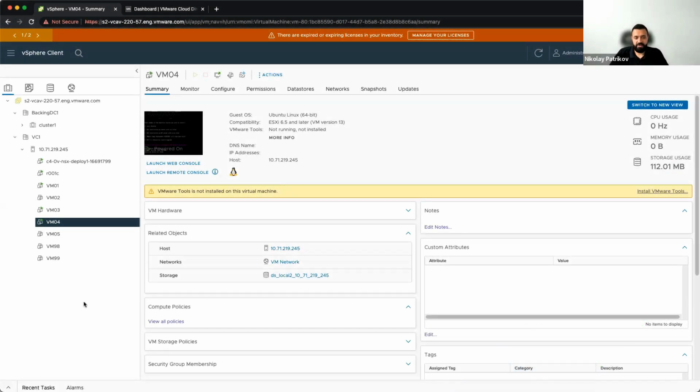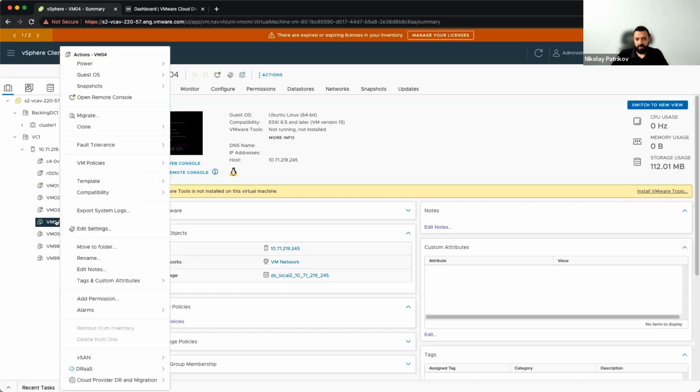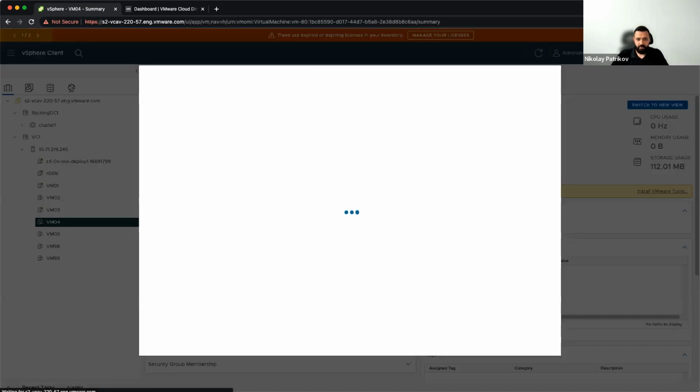Here I have vCenter, and I'm going to start with the one-click migration. It's very simple. It's available in the Cloud Director Availability UI, but also in the context menus within vCenter and VCD. So we can just utilize the fast migration. This is how it's called in the UI. And after we click it, we see that